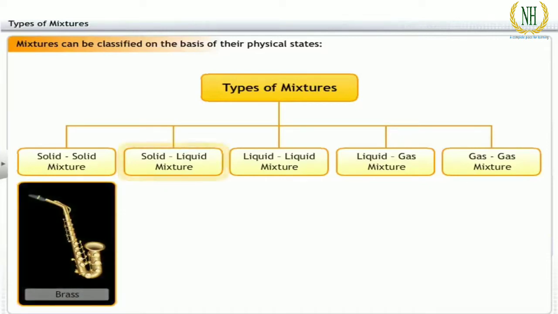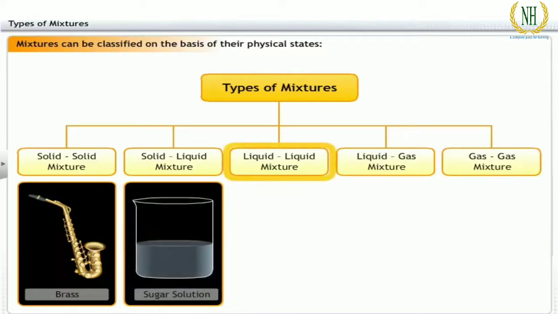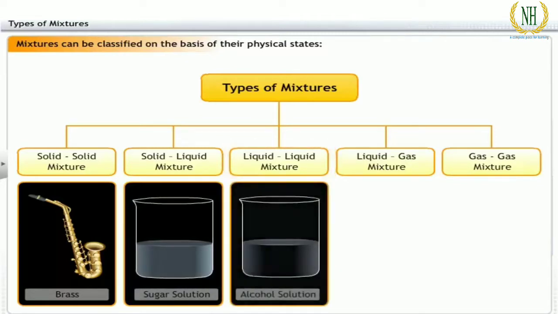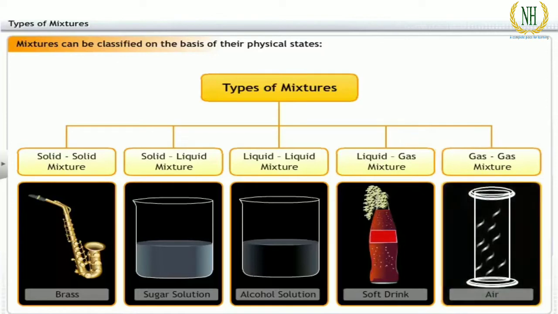Solid, liquid mixture. A sugar or salt solution is an example of a solution of solid in a liquid. Liquid mixture. Alcohol in water is a liquid in liquid mixture. Liquid, gas mixture. For example, carbon dioxide mixed in water. Gas mixture. Air forms a gas in gas mixture as it is a solution of gases like oxygen, argon, nitrogen,